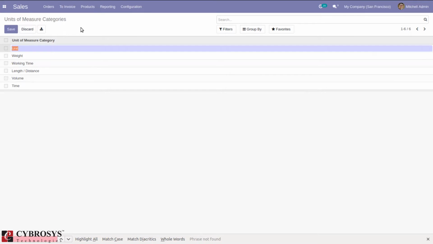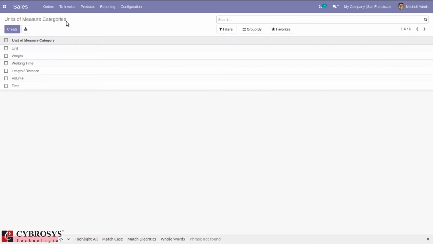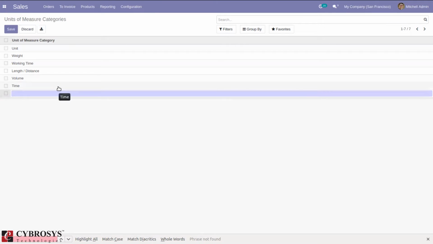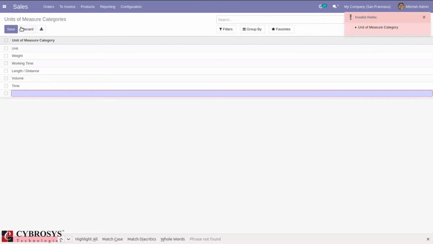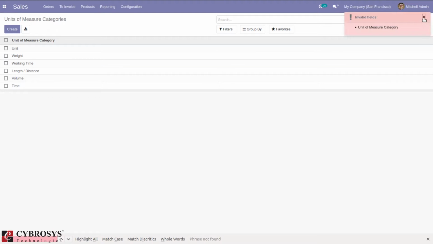You can create new category by just clicking create button. Okay, so you can create a new category like I'm creating category. Okay.